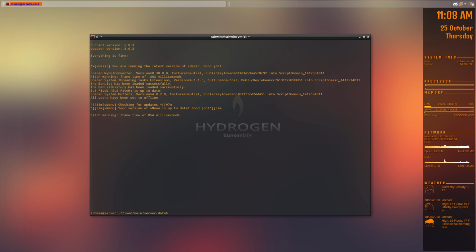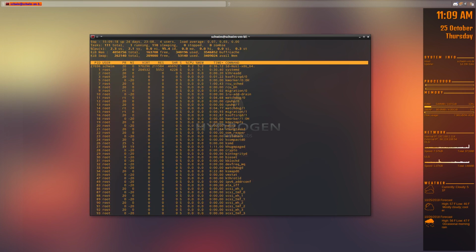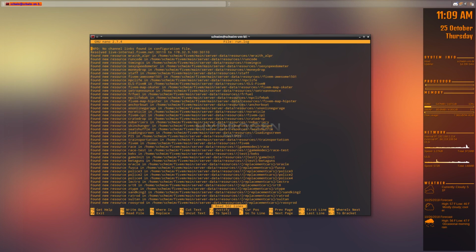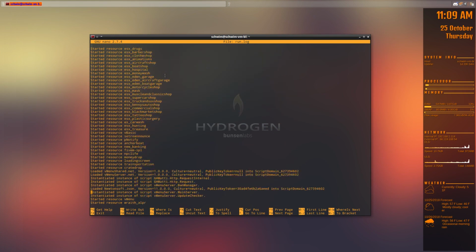So that allows you to resume multiple screen sessions. But if you're only running one, then it doesn't matter. So we hit Control A in. You can see that while we were gone, user Schwim connected to the game server. Control A in again. There's the top that was running. Control A in again. And this was where our run.log had been opened up. So we're going to open up that log again, scroll down, go to the end of the file,